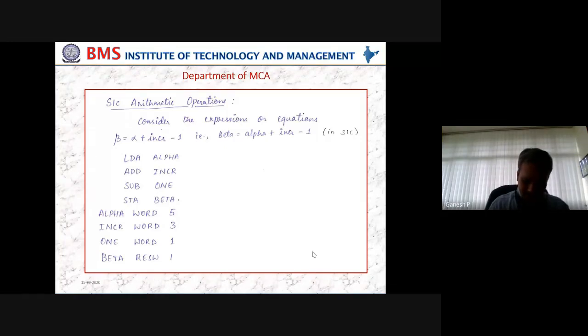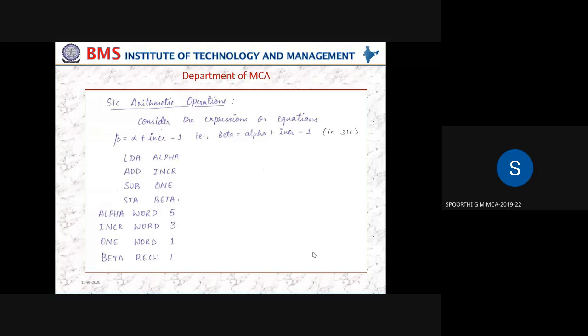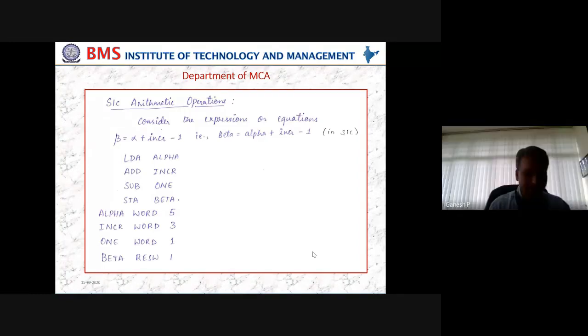Spurti, present, sir. Srinidhi, present, sir. Srinivas, present, sir. Sunil, present, sir. Vaishnavi, present, sir. Vinny.